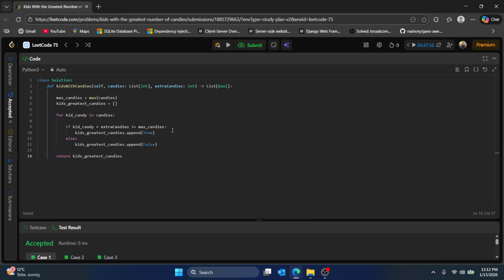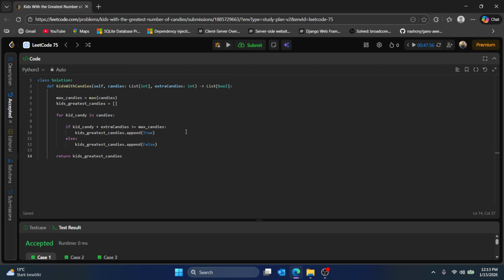This solution has a O(n) runtime. That's because we first go through the list of candies to get the maximum number of candies. So that's n at least, if in the worst case the maximal amount is at the end. And this is not ordered, so we still have to go to the end. And also we iterate for every kid, and we get the amount of candies that the kid has, and we add the extraCandies to verify that it becomes the kid with the largest amount of candies. So this is another n, and basically this is 2n, but in algorithm complexity this is referred to as still